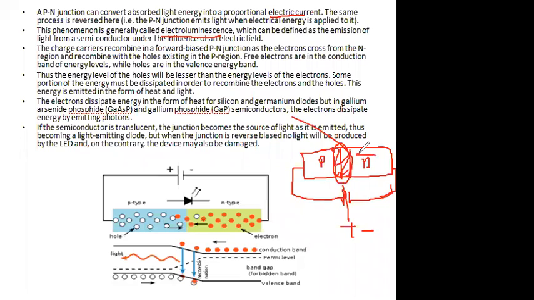The electrons from the N side go to the depletion region and holes from the P side also go to the depletion region and recombine with each other, and in this region there is no energy carrier. Okay, so this portion is neutral. As this portion is neutral, it means the holes or electrons are not present there. Free electrons are not present in that region. So this region is called the depletion region. Okay.